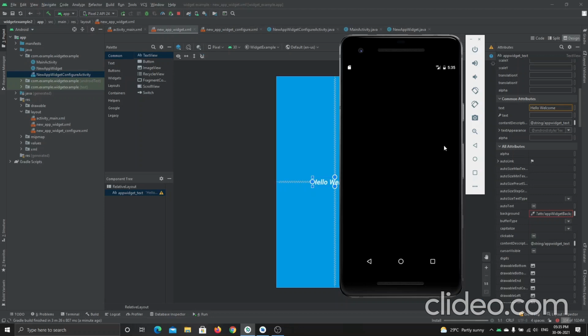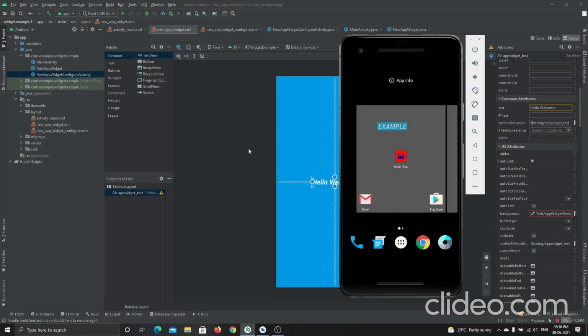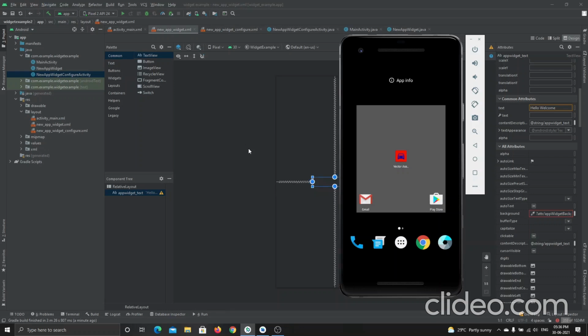If you are making an application like the magic ID number app from the starting stage of the Android Studio course I was teaching, inside those applications we can use widgets. Moreover, if you are creating a calculator app, like the project I have given, you can use widgets to provide addition or multiplication directly on the home screen, so the user can calculate without going inside the application. You can try it on your project.